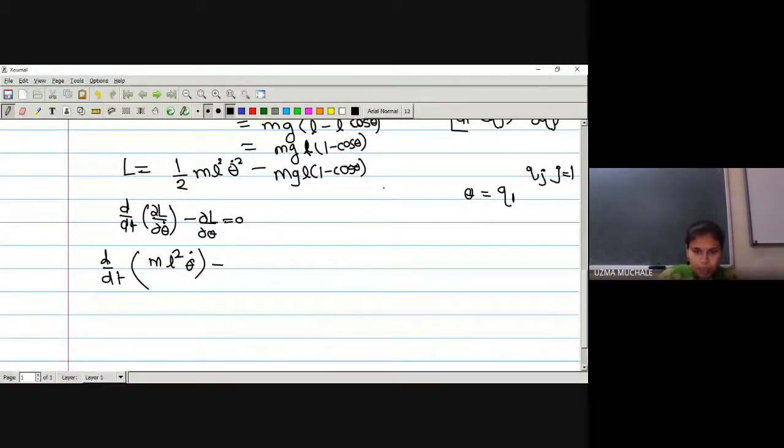If there is no theta term here, what will the derivative be? Zero. Just like if you differentiate an equation involving x with respect to y, for example f equal to x square, it will be 0. So the derivative of this term with respect to theta dot is 0, and the derivative of the first term of L with respect to theta is also 0, because there is no theta term in the first term of L. So what I can write is 0 minus,